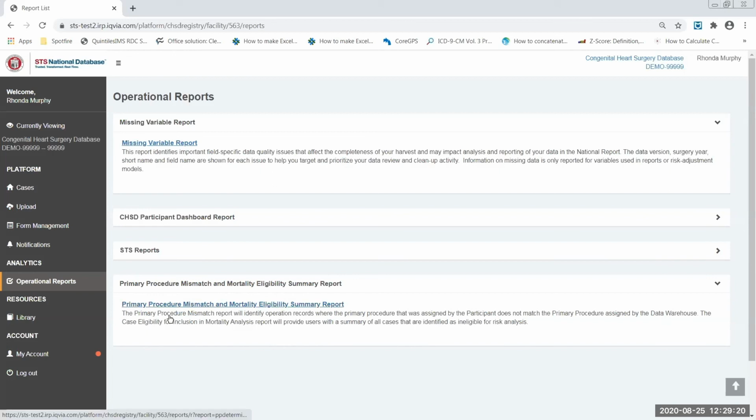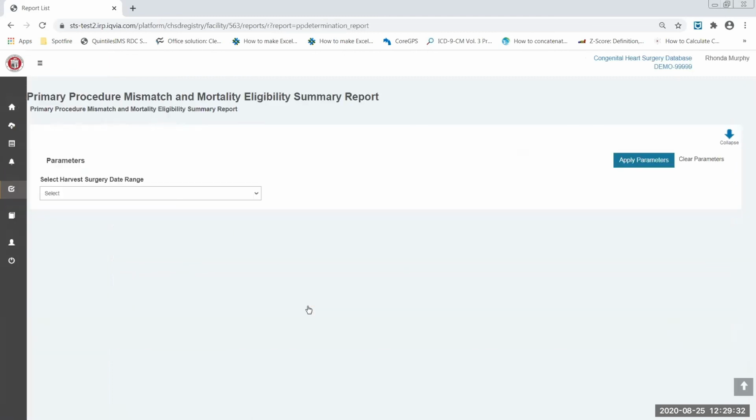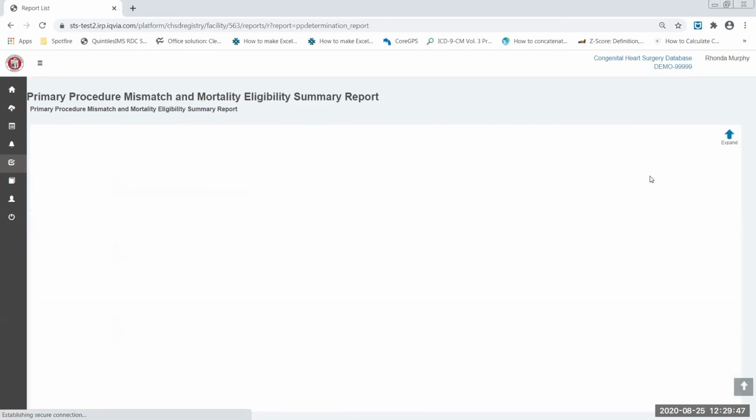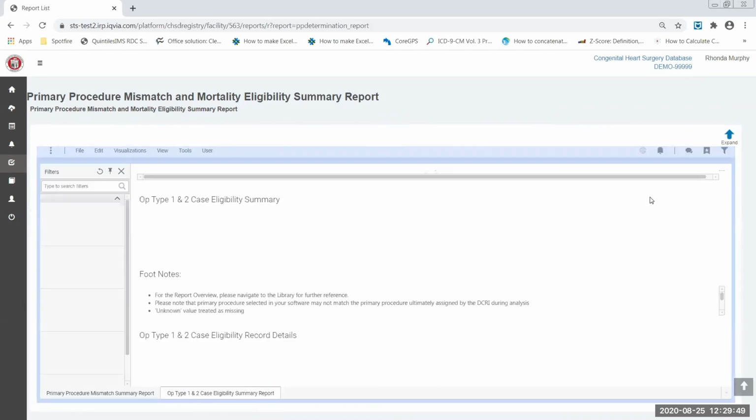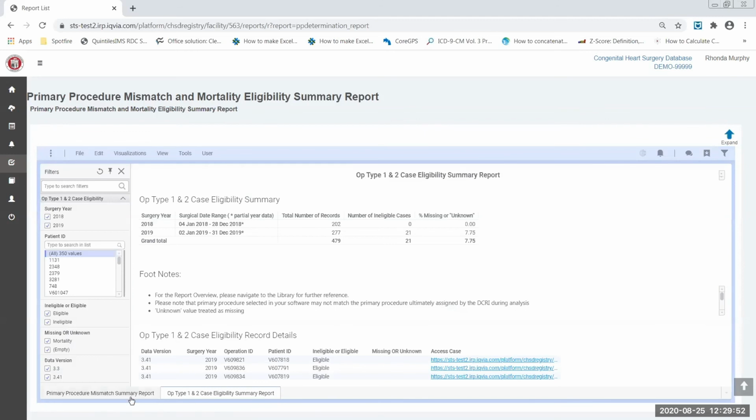And then there's a second tab, the case eligibility for inclusion in mortality analysis report, that provides the summary of cases identified as ineligible for risk analysis. Clicking this link and using the drop down to select a date range, these date ranges match the harvest time period. Whichever one I want to view, I would select and then apply the parameters. Once I apply those parameters, these 2 report tabs are presented to me here.